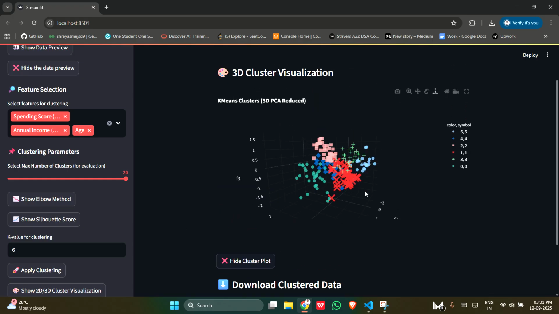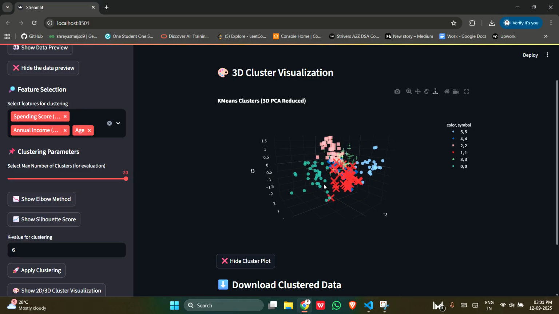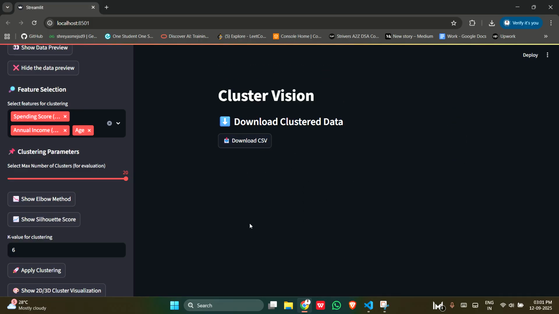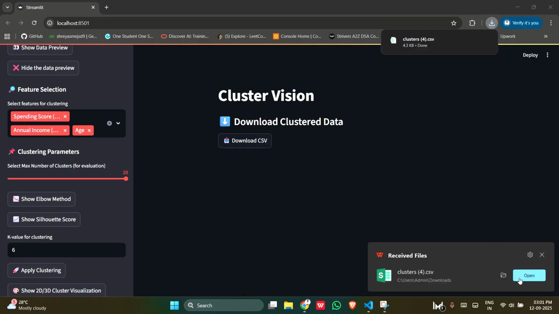We can also download this plot, but actually we cannot download this 3D plot. We can just take a snapshot of it. I will close it. Then if you want to download, we can download that cluster data. If I select the cluster data download,